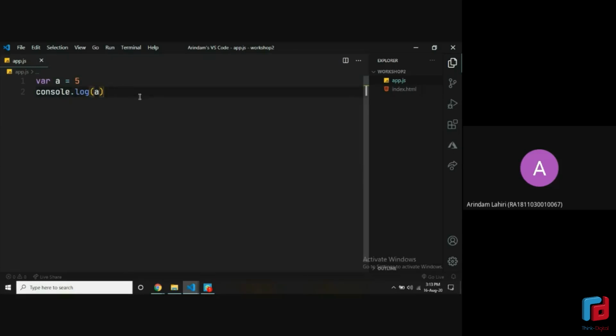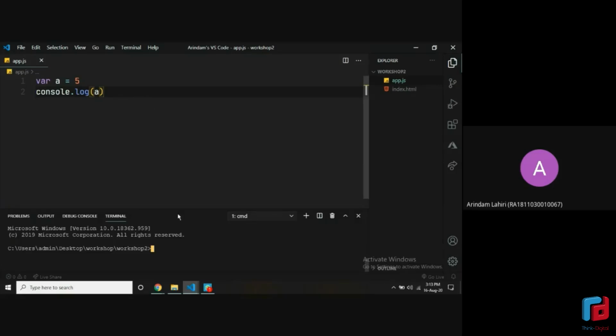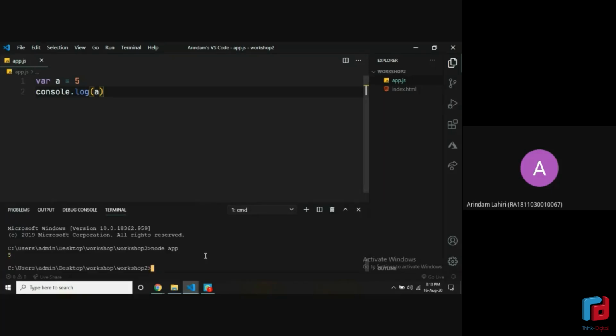All right. So let's just run this piece of code and see how we run a JavaScript file. Today there are multiple ways of running JavaScript files because today we are using Node. So let's just use it. In the terminal, you'll have to type node space app.js. This command will be provided to you in the chat box if it's hard to read. All right. If you want, you can also remove the .js because what Node does is it automatically looks for JavaScript files, so you don't have to provide the extension as such. And now if you hit enter and give it a second. Yeah. So it should just give you the output, which is 5, because that's what we are printing.